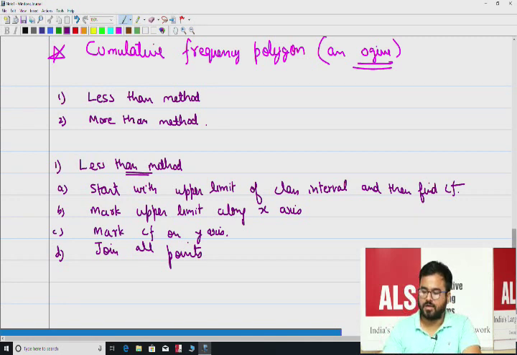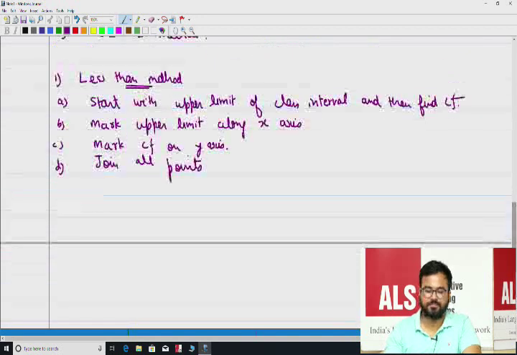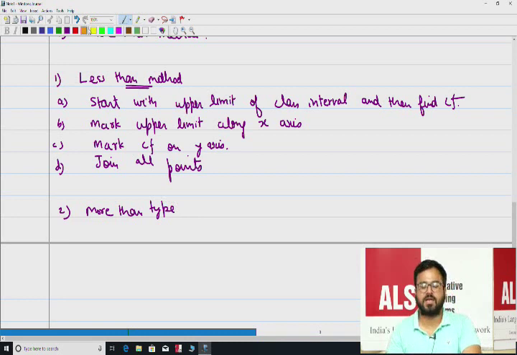Now, in order to make the more than type, all the process is the same. In the more than type, we have to consider the lower limit of the class interval. Like here, we were considering the upper limit of the class interval. In this one, we have to consider the lower limit. So you can say start with